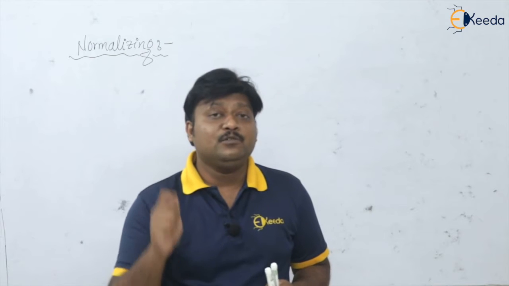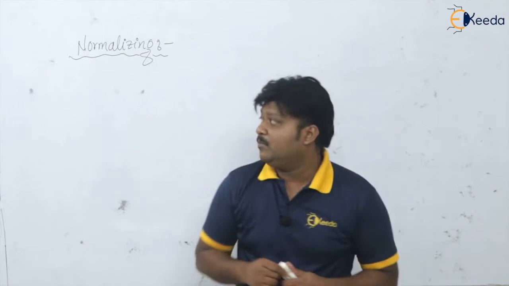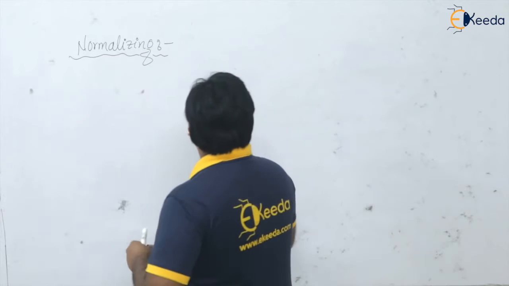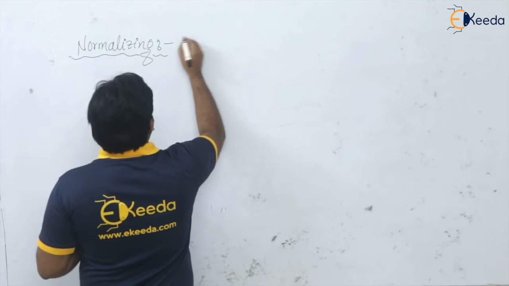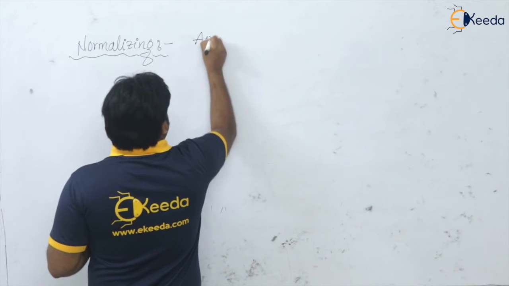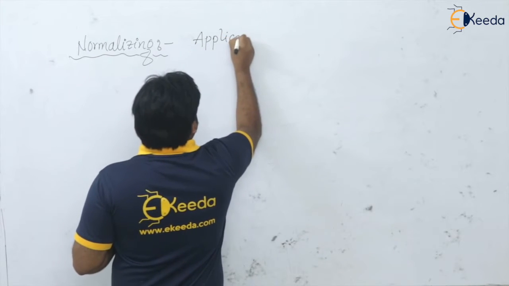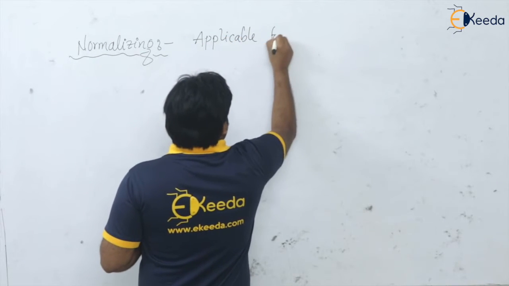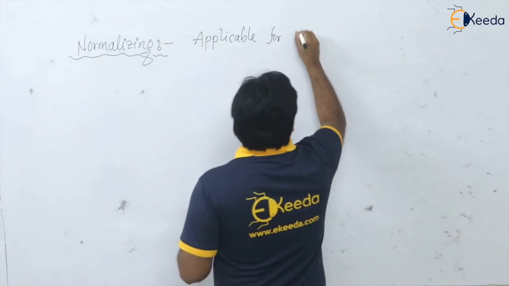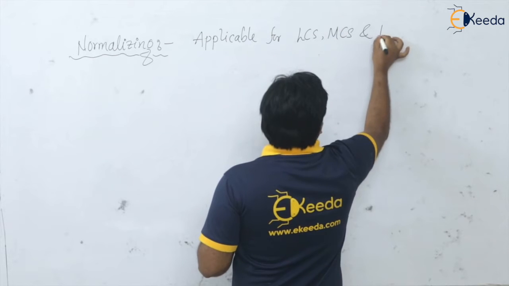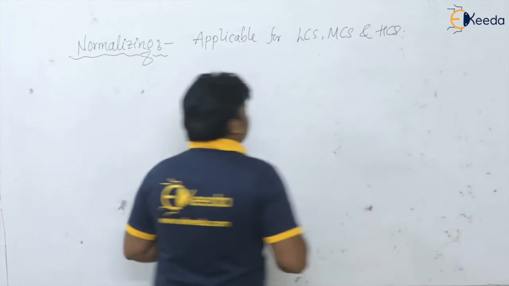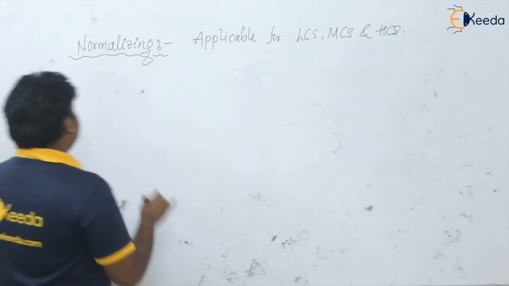and hyper-eutectoid steels. Please remember, I will draw the eutectoid transformation diagram here. First of all, let us see, it is applicable for what? It is applicable for all low carbon steels, medium carbon steels and high carbon steels. It is applicable to all. If you see this